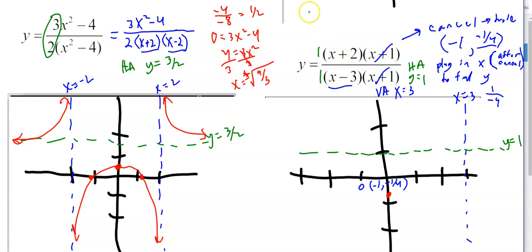You're going to have 0 equals x plus 2 times x plus 1. So solutions are x equals -1 and x equals -2. These are my x-intercepts. So -2 and -1. Oh, that's weird. -2 and -1. Very strange. Okay, so on this one,